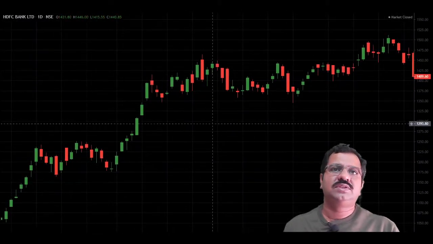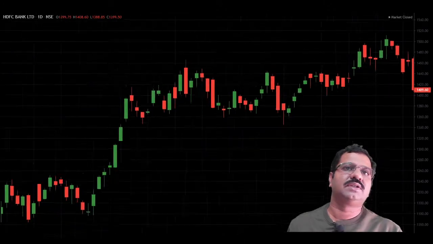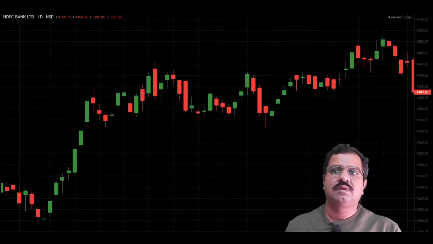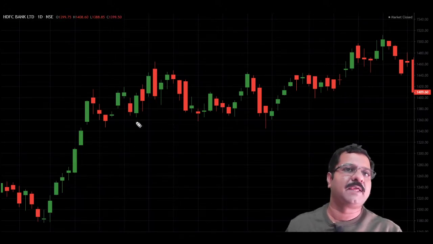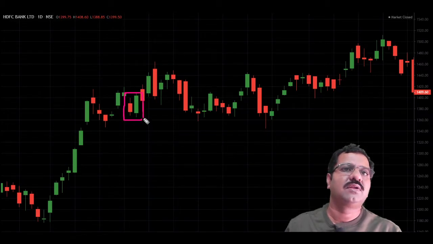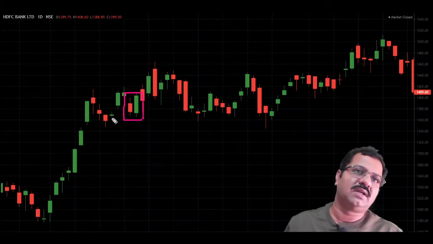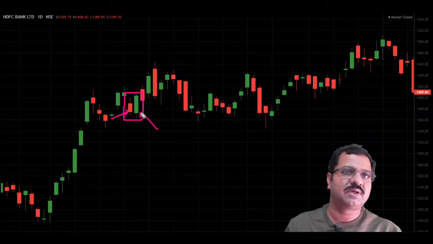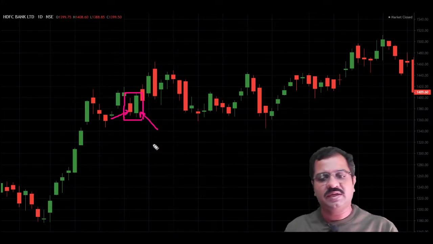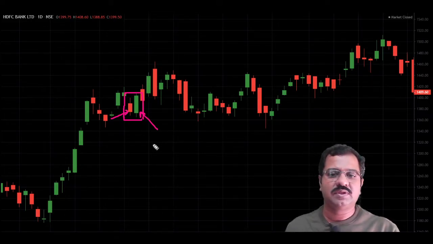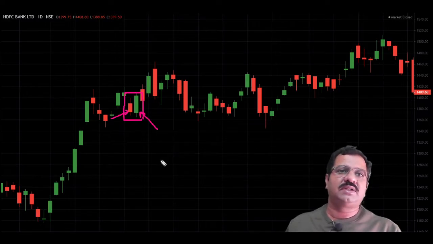Okay, see this one, whatever you are seeing here is a bullish engulfing. So these two candles, what these two candles did is called engulfing. This candle was a red candle, price came down, next day prices went up again. So these generally indicate reversal, bullish reversal. It's reversal from bottom.